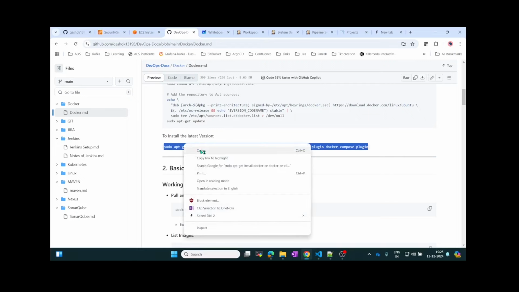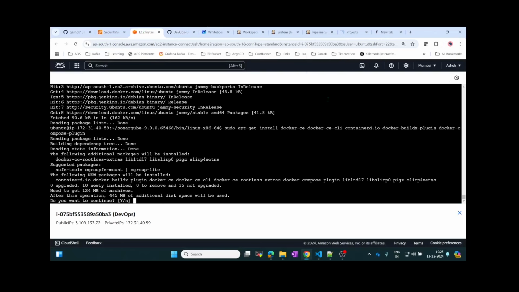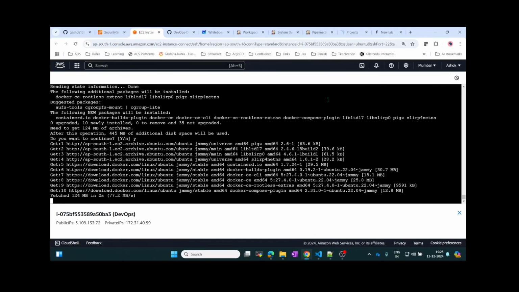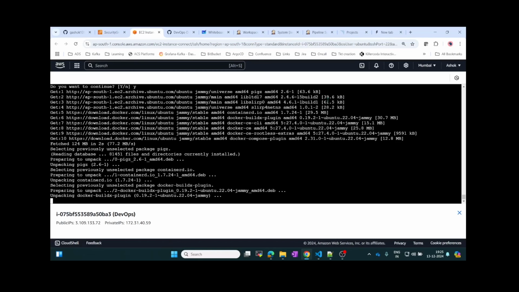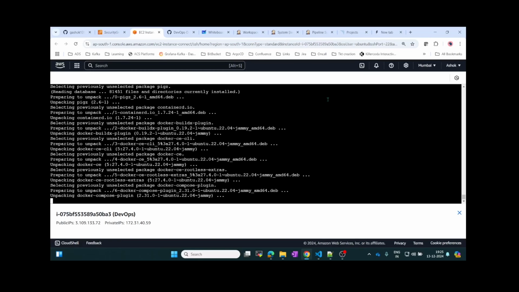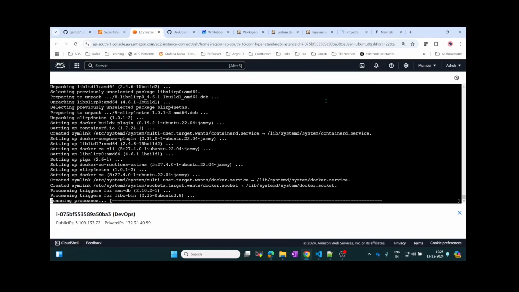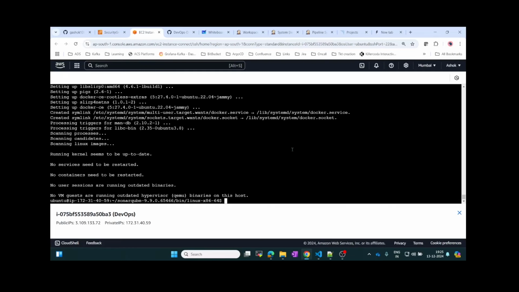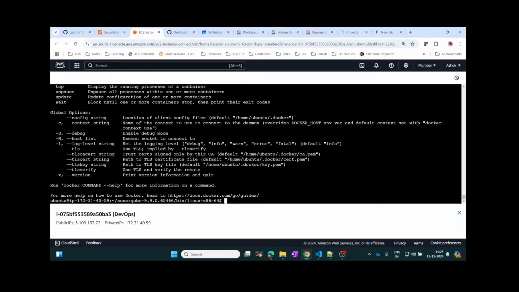Just copy this one, just paste it. Yes. Okay, now let's check whether docker is available. Yes, docker is available, but in case we have to use this docker with Jenkins, actually we have to